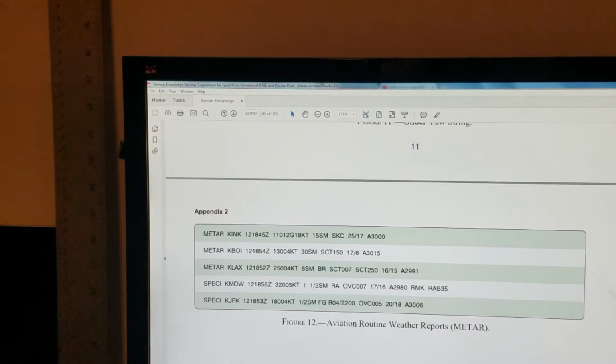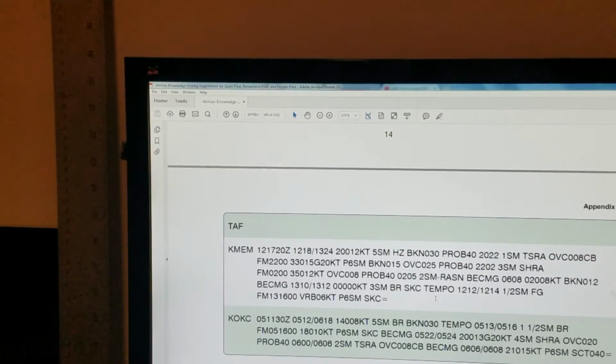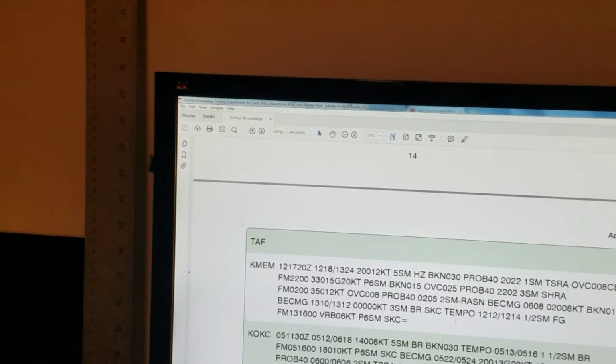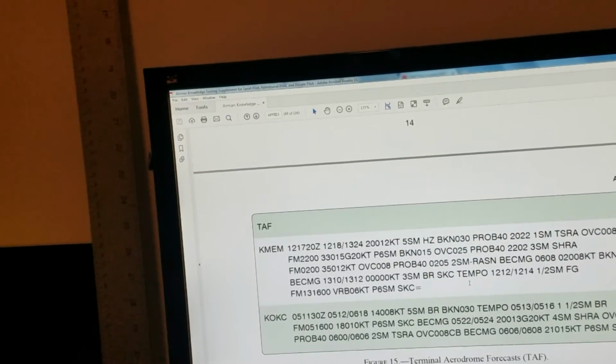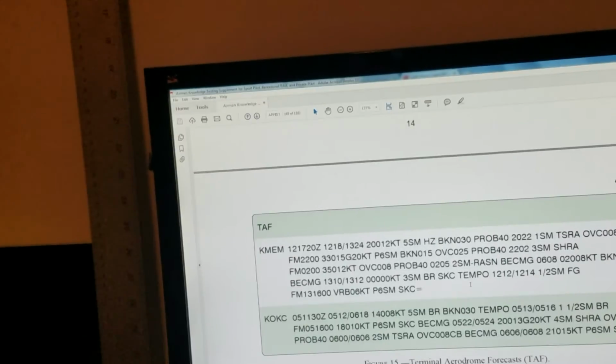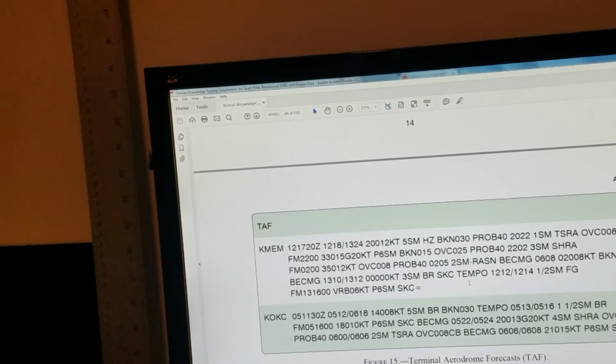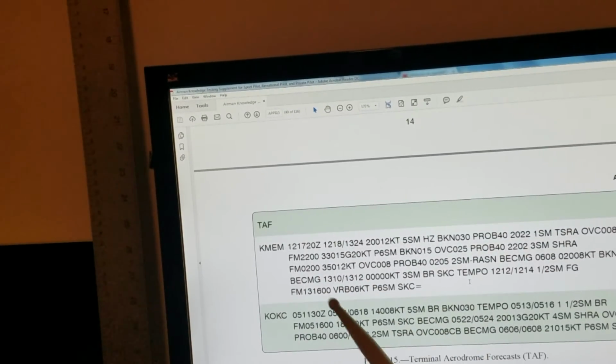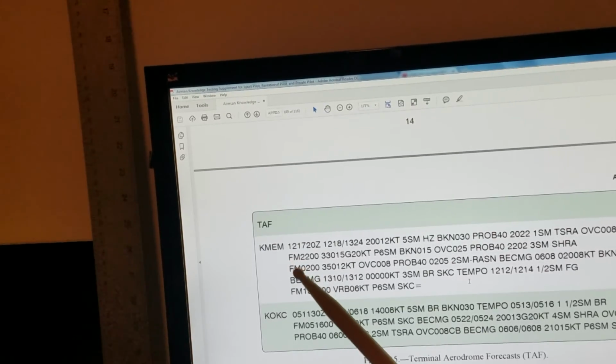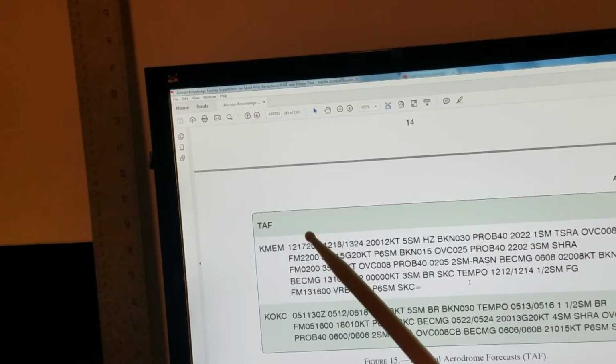Let's do the TAF weather report also. Yeah, okay. Most of the clues are also given on the preparation page. Now that we did the METAR, TAF makes it easy, but some of the other stuff I might not bother you with at this point, because I haven't seen them in past exams. So let's see now. First, of course, the identification of the station or the airport. Then, as we described on the METAR, this is the same also. 12 is the date of the month, and then Zulu time,